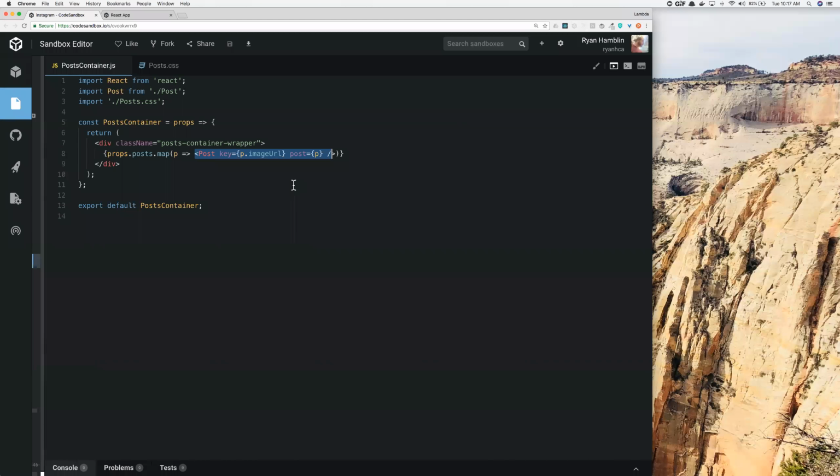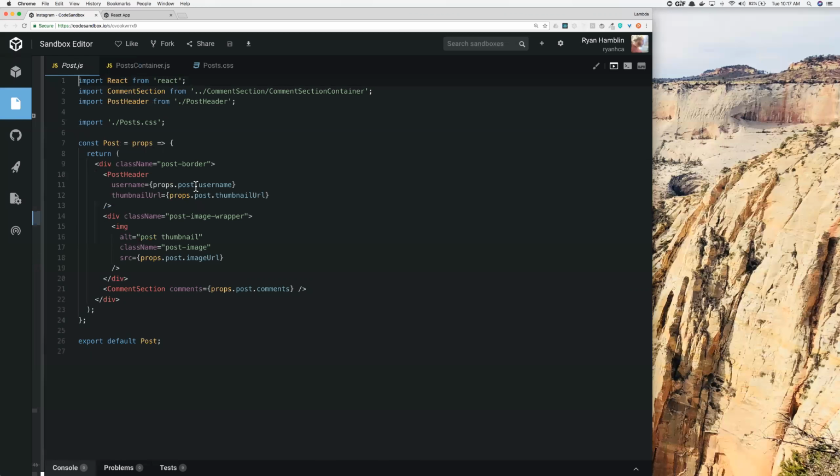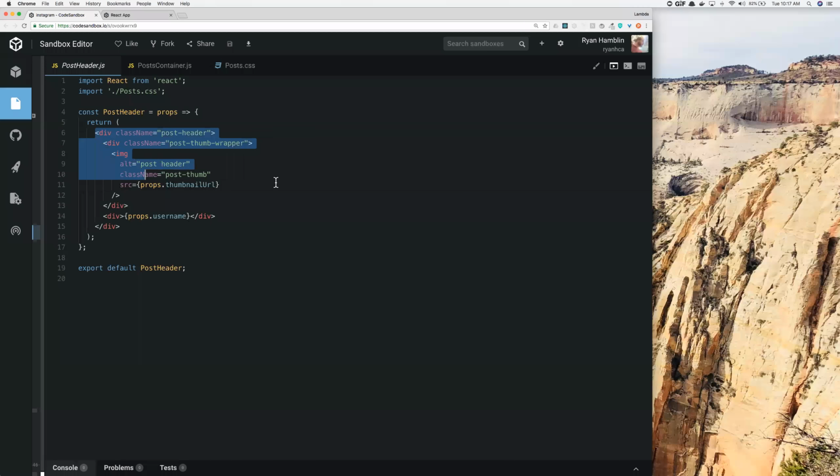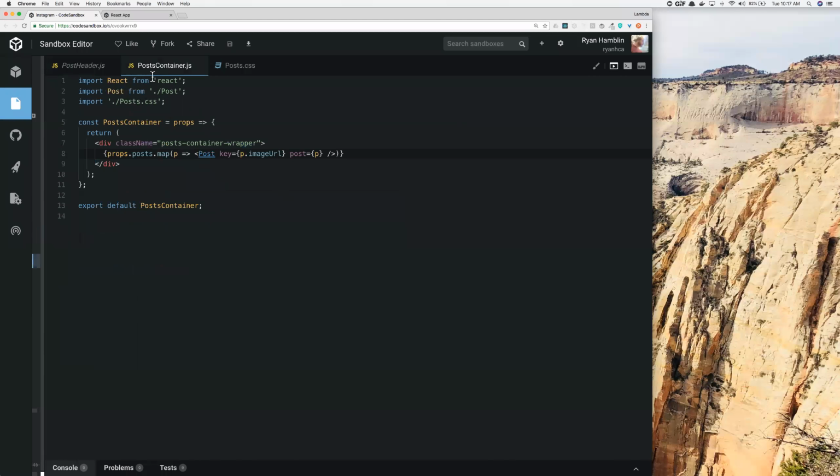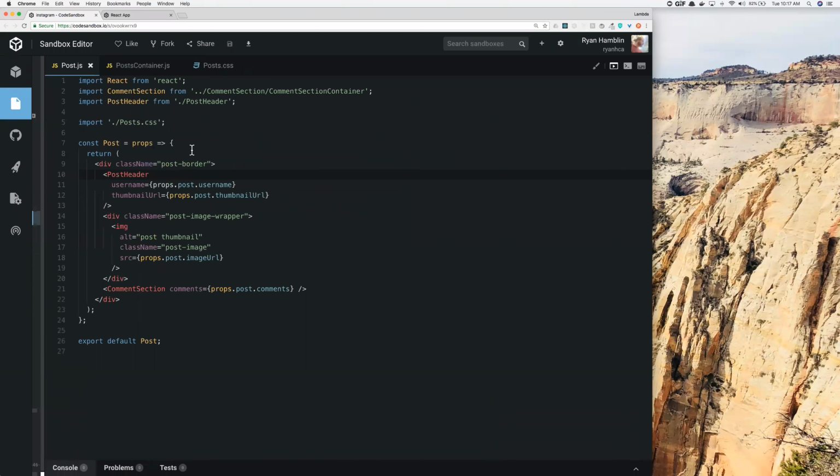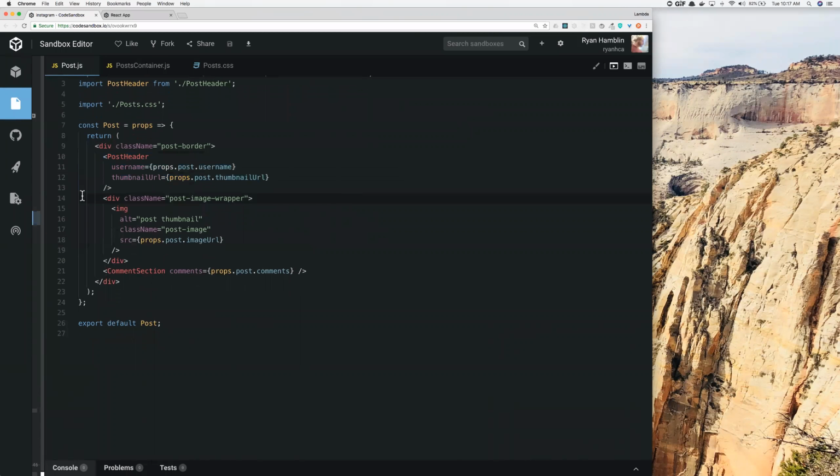Thus far, you've been dealing with less, like I keep mentioning, less sophisticated data. Okay, so imagine if you had to build this whole thing out inside of this file. It's going to start to get a little bit unwieldy, right? And even still, there's ways that I could abstract this even further. But now inside of post header, I have all these divs and images and everything. So I'm separating things out based on their concern, based on what they're good at doing or what they are supposed to be doing. So this could be potentially its own